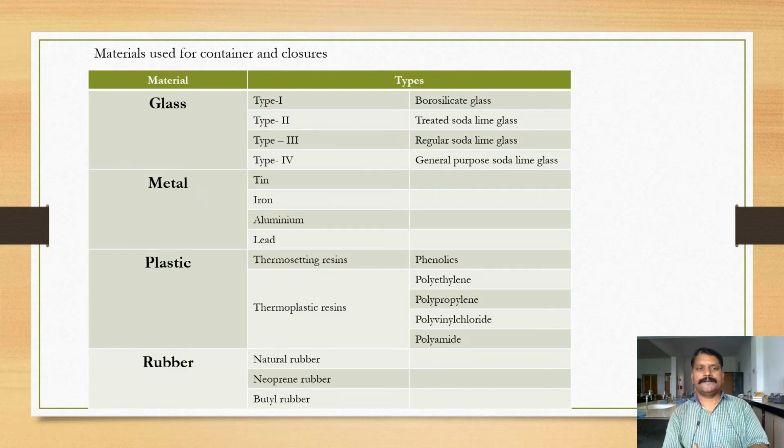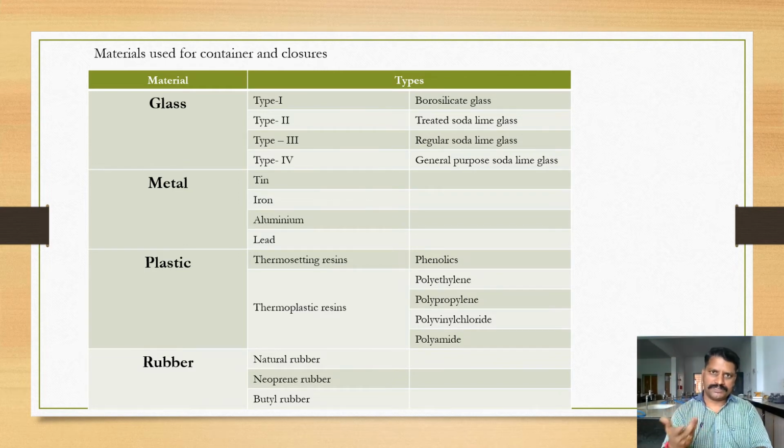Okay, aerosol container. Plastic container: nowadays most parenteral dosage forms, like large volume parenterals, are in BFS containers. In the previous lecture I already discussed the BFS container, meaning blowing, filling and sealing. Blowing the plastic material in particular molds to form the shape of the container. Immediately in the next station we fill the content inside the container, whether large volume parenterals or infusions, and immediately in the third stage the sealing takes place. Therefore it is called blow, fill, seal.